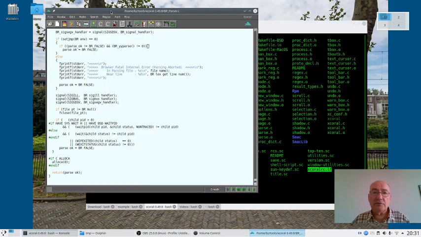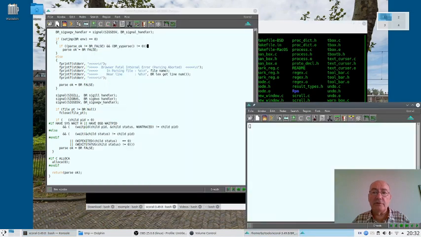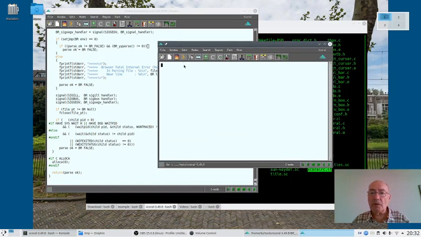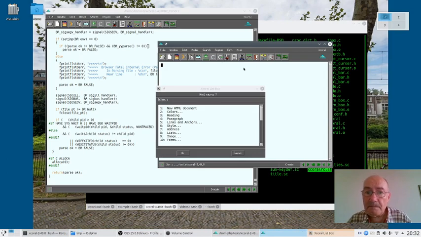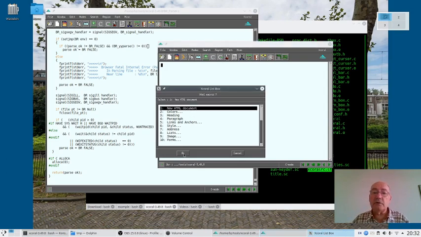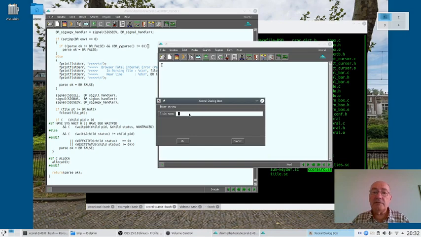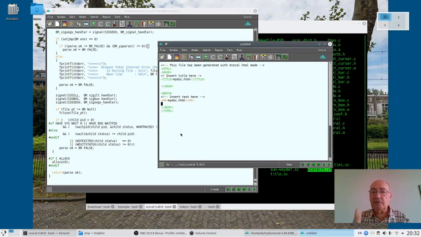Let's now try different other tests. Let's open another window, and we can, for instance, go to MISC and HTML command. We will start a new HTML document. Let's give it a name, mydoc.html. You can see that it automatically opens a skeleton of a classic HTML file with the header and the body part.